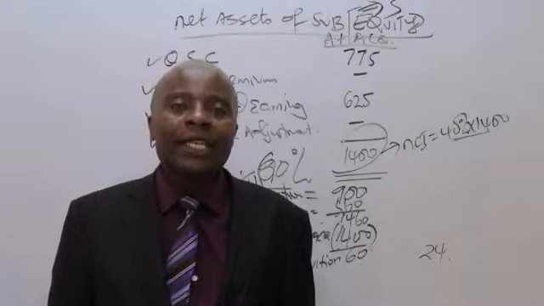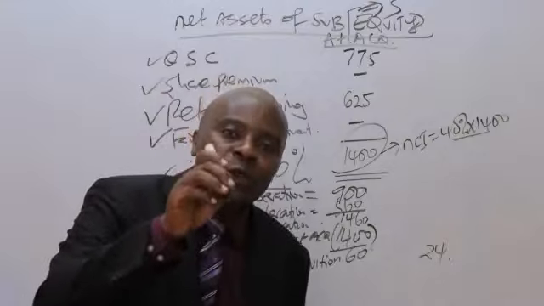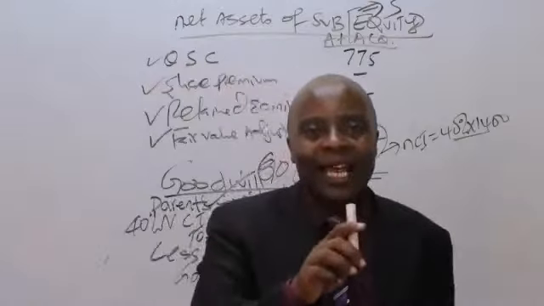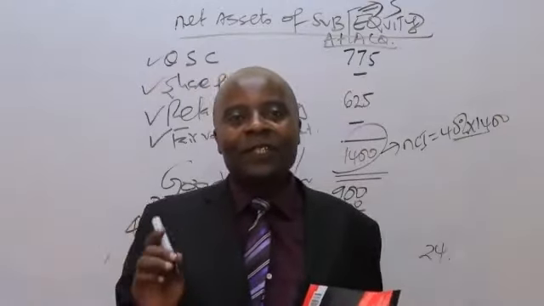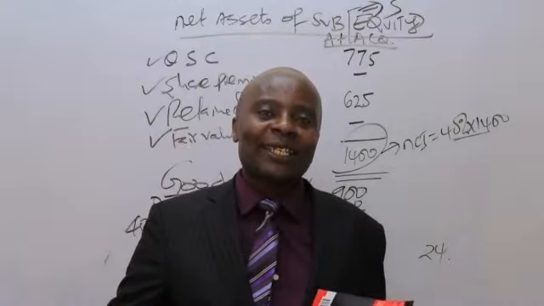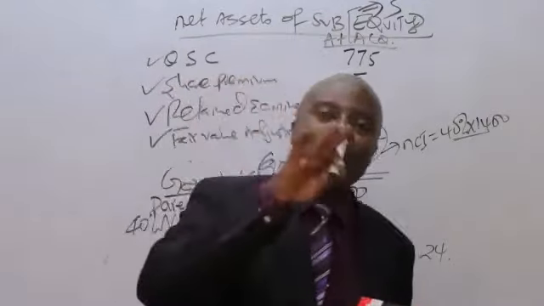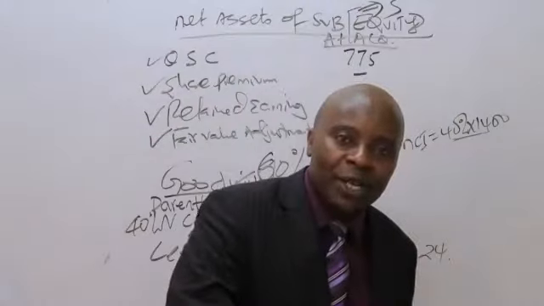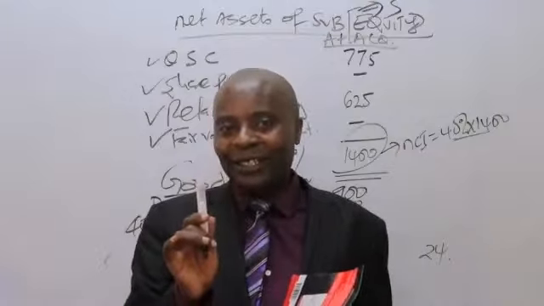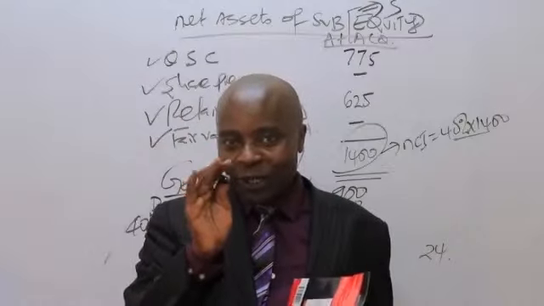of a subsidiary. Either you've disposed it fully, or you are moving from control to no control. I mean, I had 60%, I sell 30%. If I sell 30%, then I'll be left with 30%. You see, 30% is an associate. So I'm moving from subsidiary to an associate. That is what we call movement from control to no control. So that one, you need goodwill